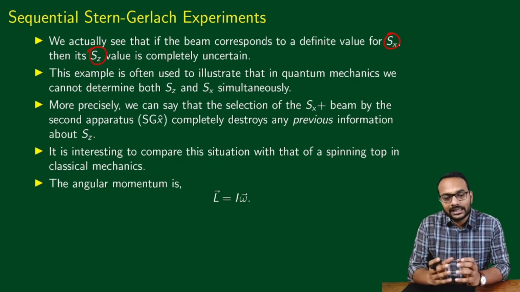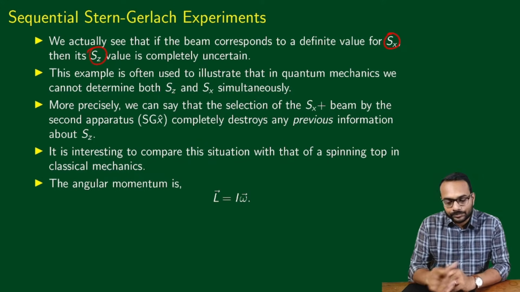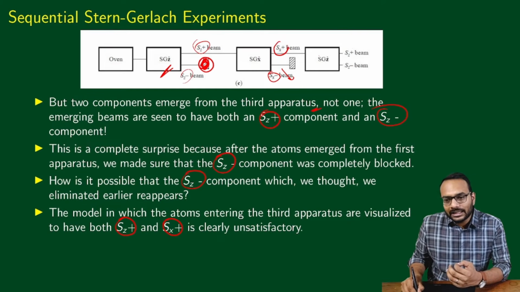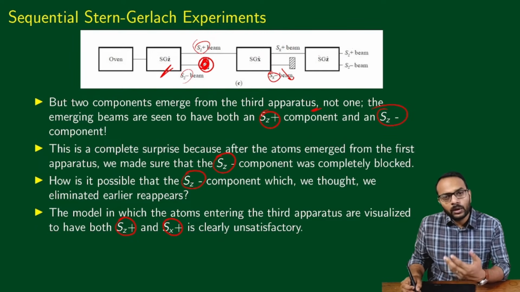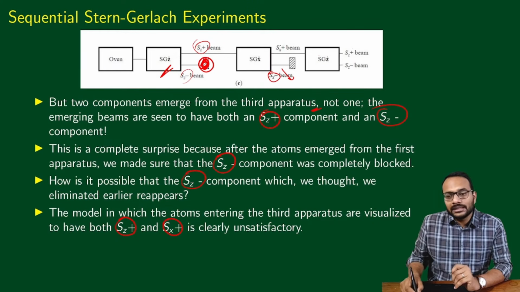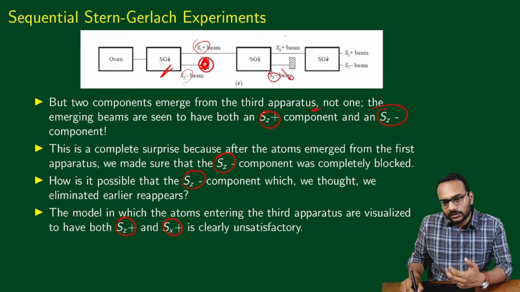You might have studied that if the position is completely certain, the momentum becomes completely uncertain. It becomes infinitely uncertain, etc. Here, this is actually what's happening. If you are certain about the x component of the spin, because we know that the atoms in this beam have a definite value of spin along the x direction, a definite value for Sx plus, then the z component of spin becomes